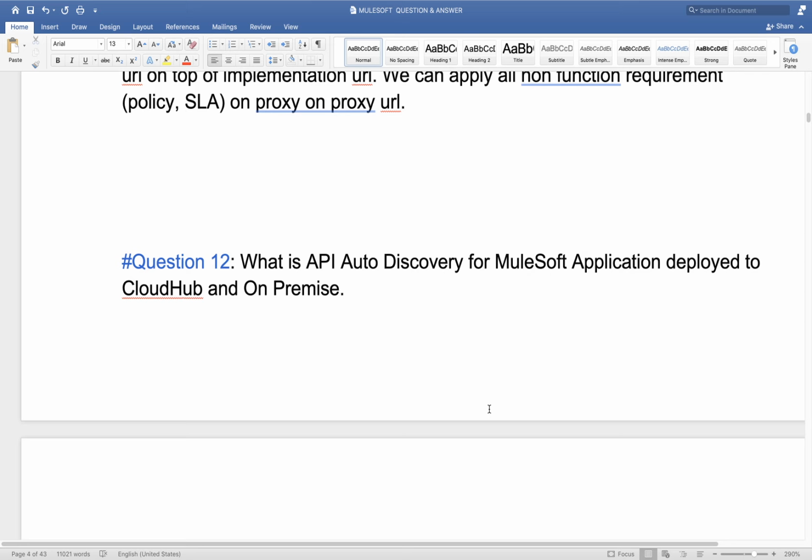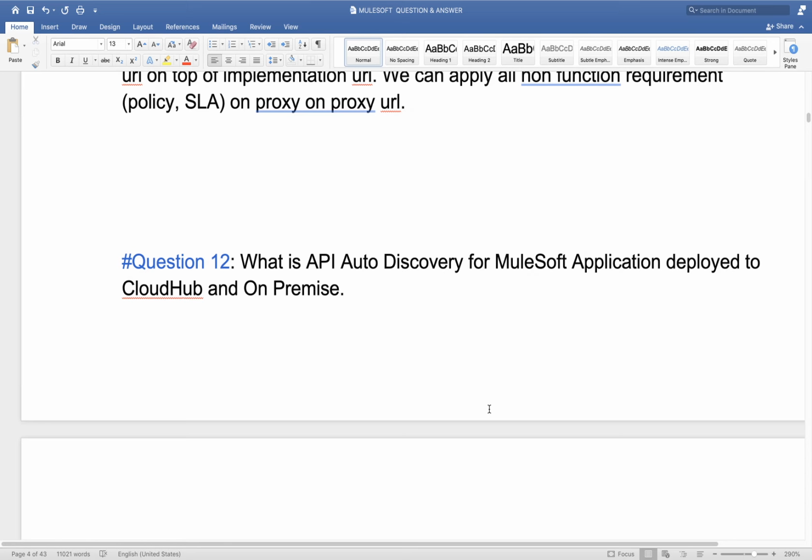if it gets any error, for example, that particular user is not a valid user, in API Manager we have client ID enforcement. API Manager will be able to detect that, and it will give this information to the API gateway.